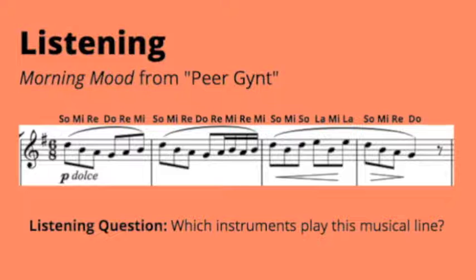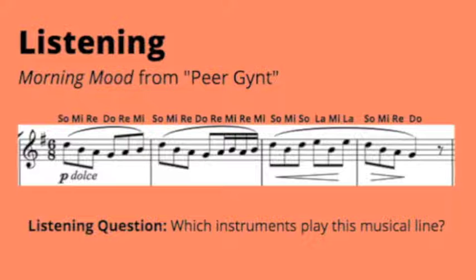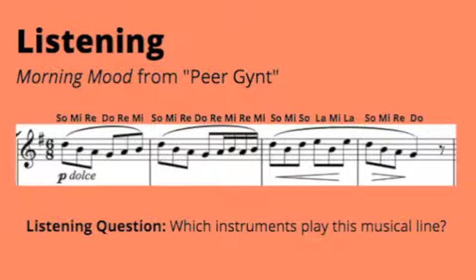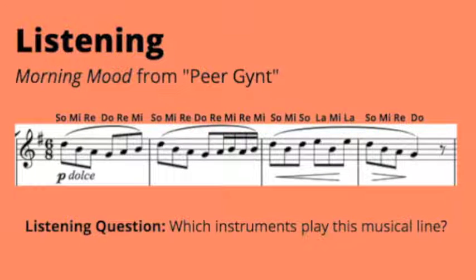Peer Gynt was a play that was based off of fairy tales from Norway. And Edvard Grieg used a lot of traditional Norwegian music and Norwegian folk music in his compositions. So it was really a perfect combination of two artists working together. Morning Mood is one of those beautiful pieces that makes you think about waking up and seeing the most beautiful sunlight you've ever seen overlooking a meadow or a lake or something like that. I bet a bunch of you will recognize this little snippet of the melody that I've put on the slide.